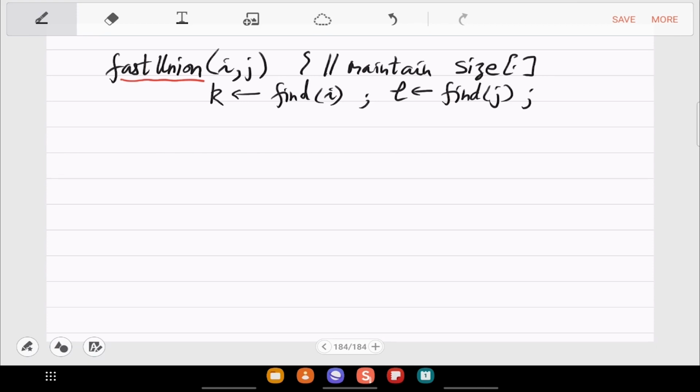And let's just assume that K and L are different. Otherwise, you don't have to do anything. So K and L are different sets. Now you have to look at the sizes. So if the size of K is smaller, the tree K is smaller,